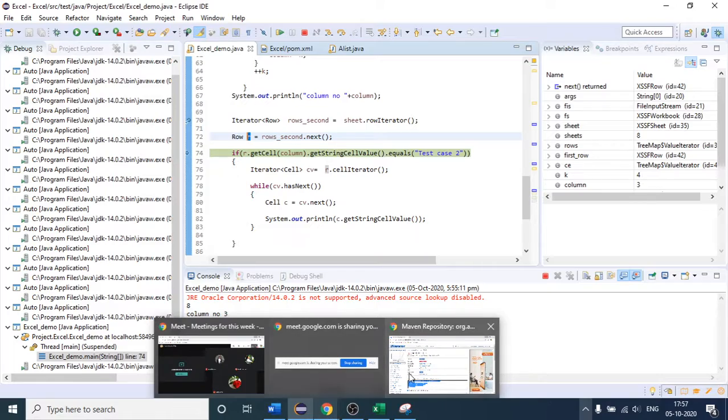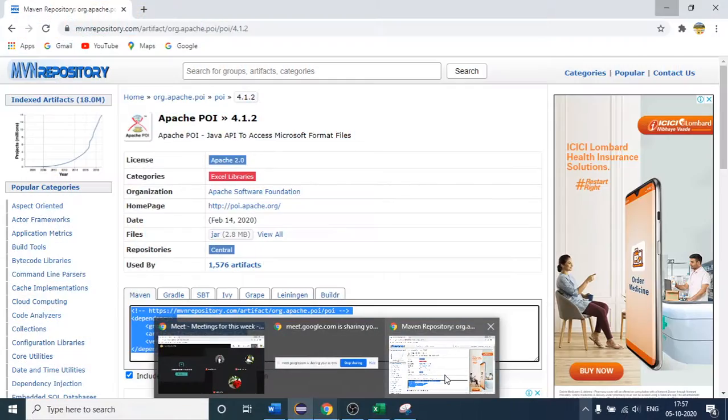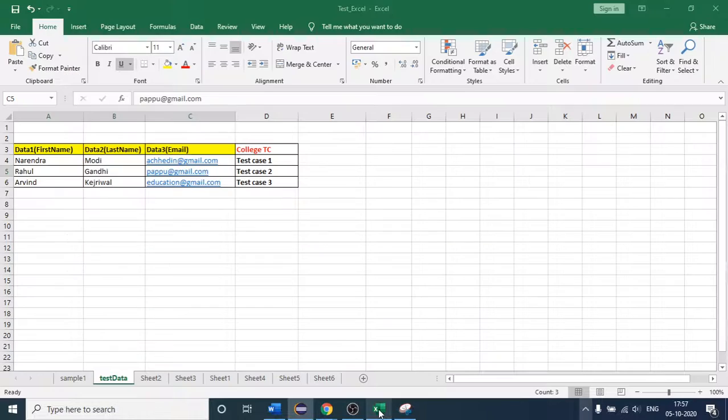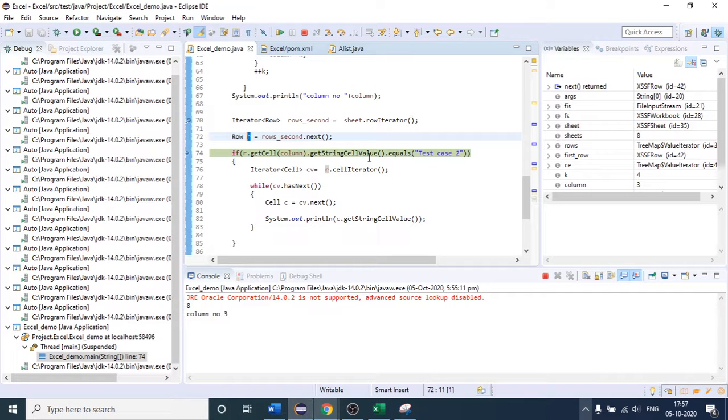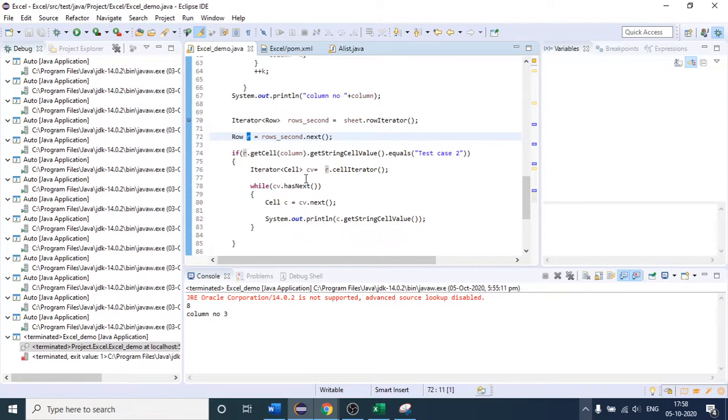There is one more point. If I come here, you are not interested in this one as of now. You got the column number, but you are interested in this one, so we should not compare. If I come here again, I think it is correct. Let me stop it again. I missed one point before that.